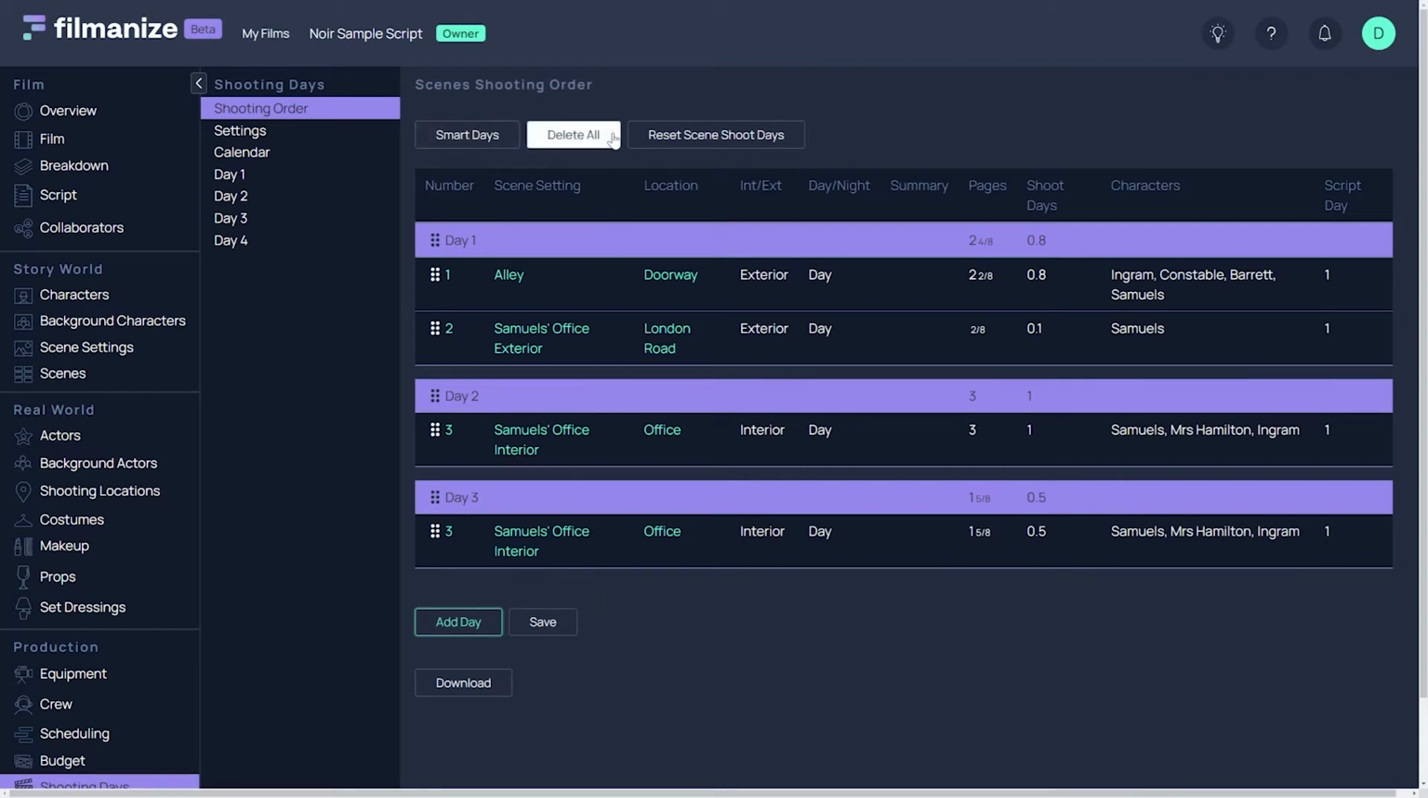Reset scene shooting days can be used if you change the default number of days you can shoot in a day within your settings and want to apply that setting to this film. It will adjust the shoot days for all scenes, so if you have entered any manual lengths, then these will